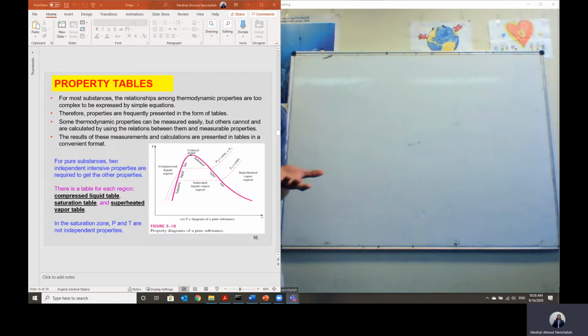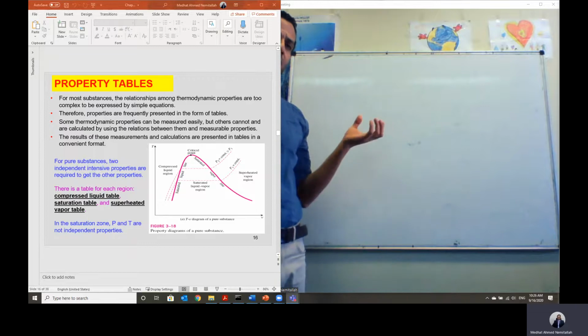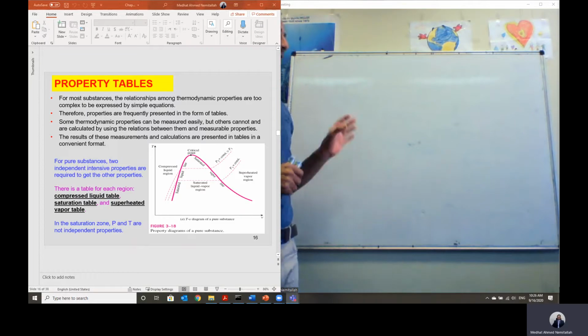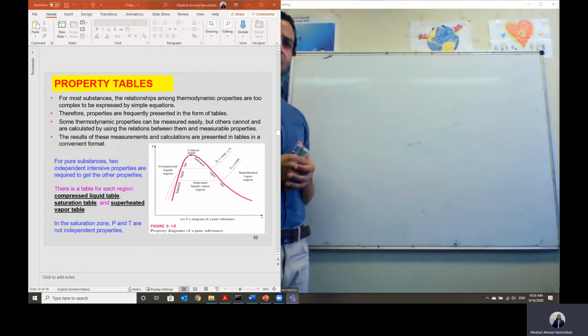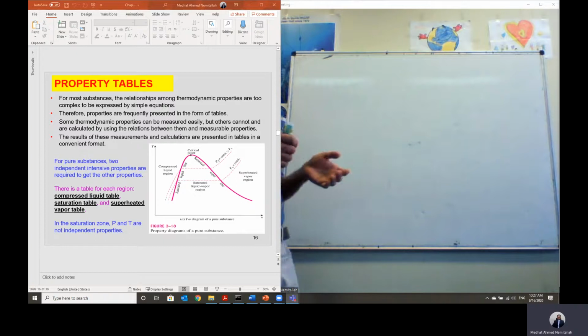So we call this steam power plant a heat engine system working on a cycle to convert the heat input into power. The working fluid in the case of a steam turbine is the steam. We convert liquid water to steam under high pressure and high temperature. Then we can generate power in the steam turbine. That's why steam is a very important fluid, and we need to know more about the properties of steam and how we can calculate